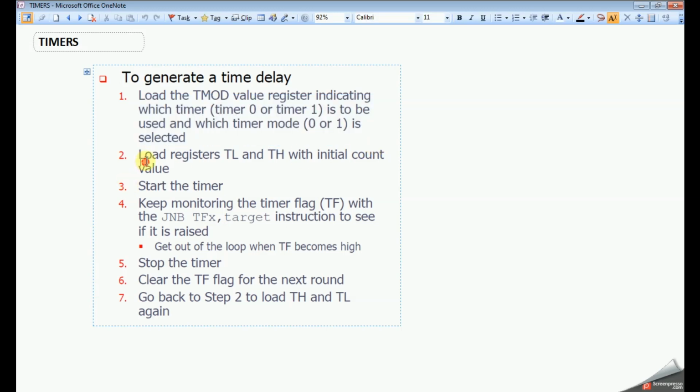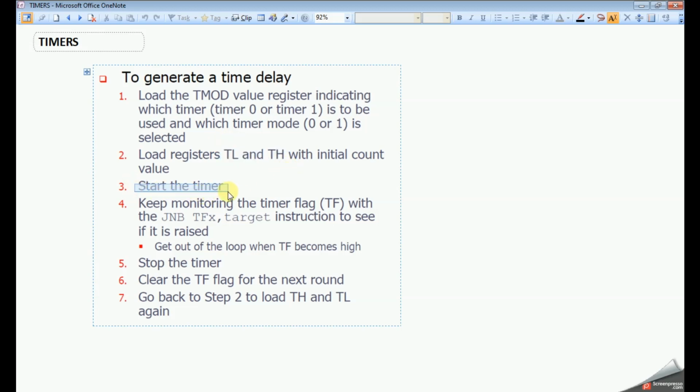During programming, we need to load the registers TL and TH with the initial count value. This depends on the delay value. Suppose I need 25 millisecond, there will be some values for TL and TH. If I need 50 millisecond delay, there will be different values for TL and TH. For this there is one formula that I am going to discuss in the next slide.